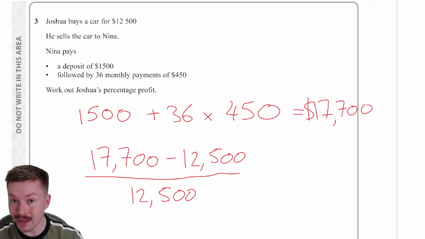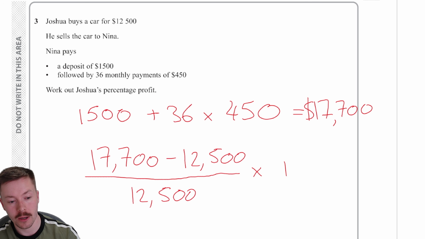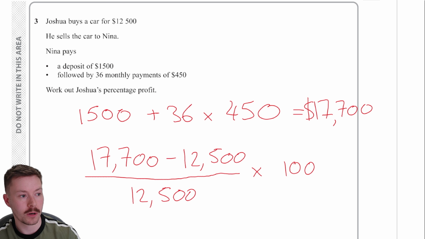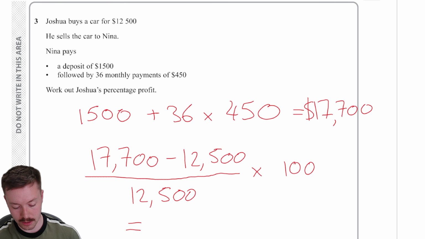Now that, if we put it into our calculator, will give us the answer as a decimal. We need it as a percentage, so we want to times that by 100, and that will give us our answer. Okay, now I'm just going to put that into the calculator very quickly and see what we get. So 17,700 minus 12,500 divided by 12,500 times by 100